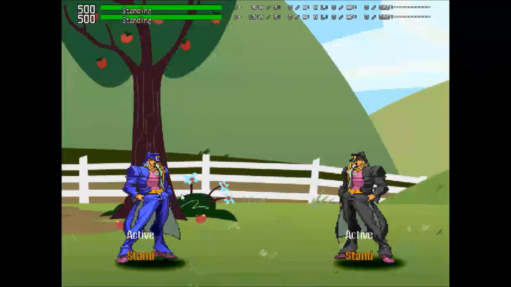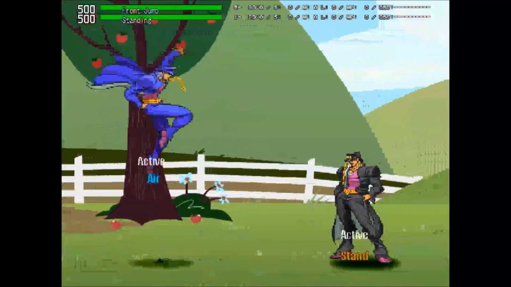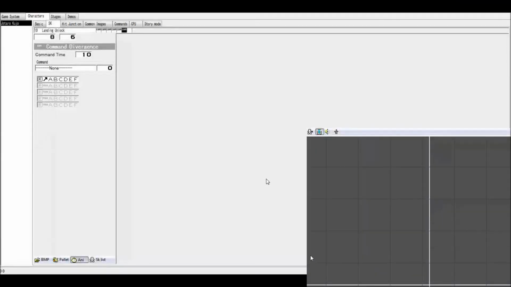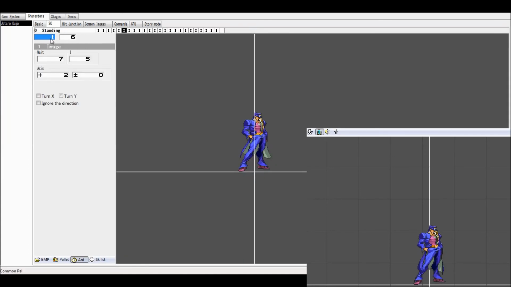I'm stupid. Oh, you know what? I can make this work. Here, let's go ahead and show you how to make this work. This is the last part of the tutorial. So if you don't want to sit here and watch me do this, you can go ahead and quit. But what we're going to do is copy an image from this skill, make a new skill called